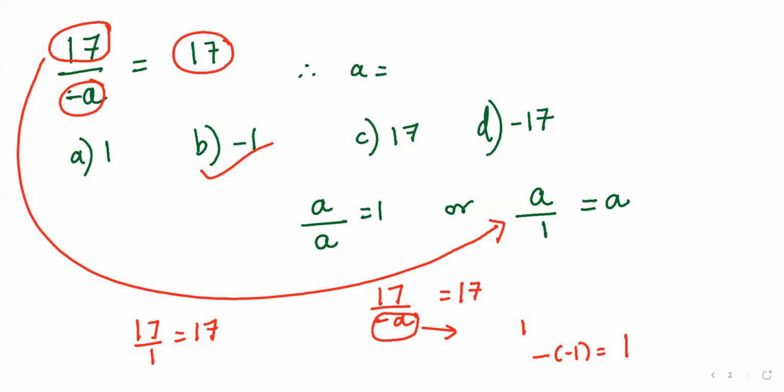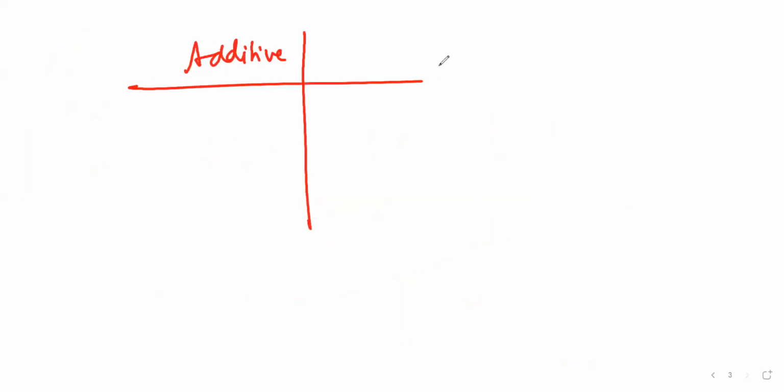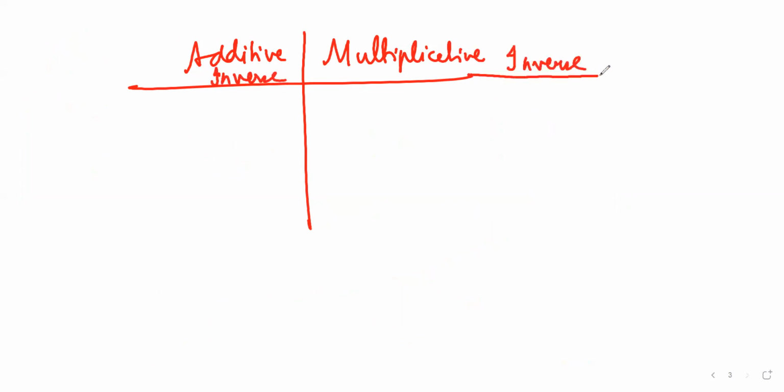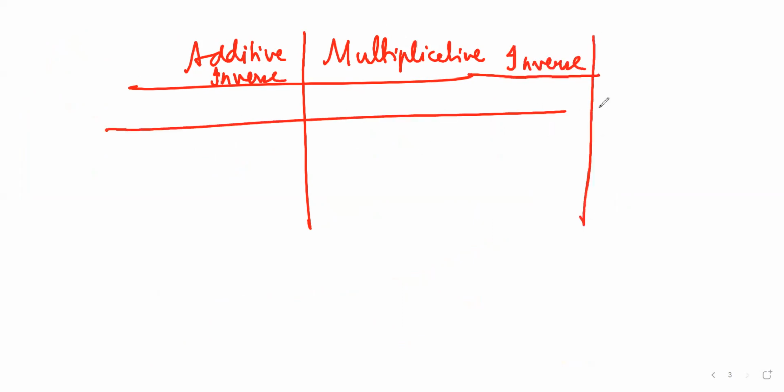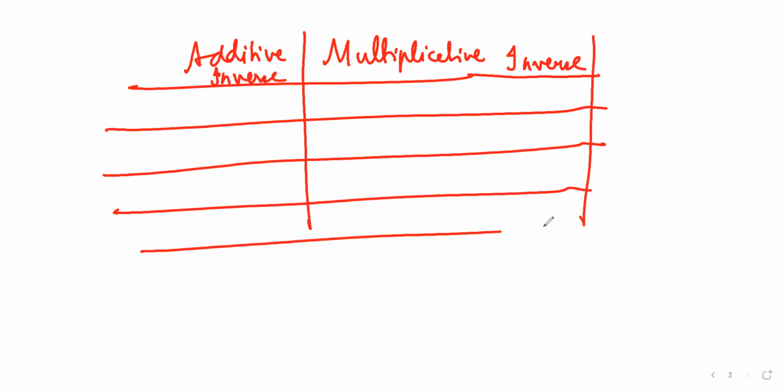Another type of question that you can expect is, coming to additive inverse. See, if I have to draw a table. In the classwork sessions also, I made you fill up this table for additive inverse and multiplicative inverse, and I told you it is very important. Multiplicative inverse is also called a reciprocal. So now we are dealing with integers. So if I give you a number 3,